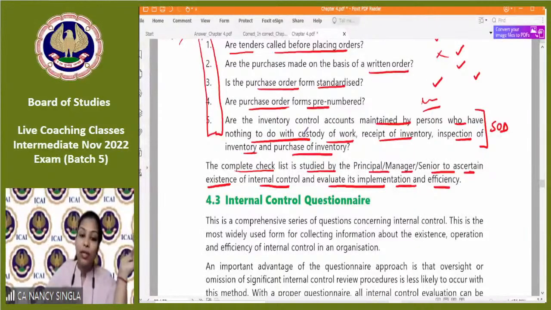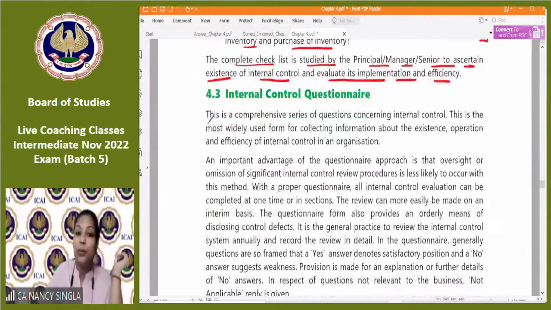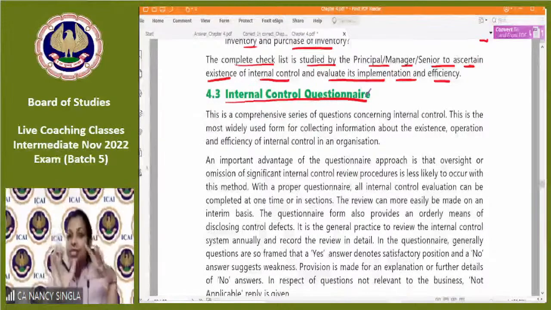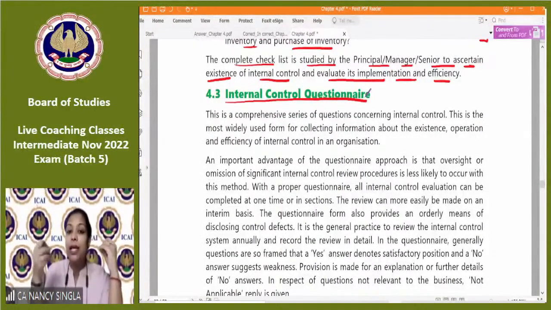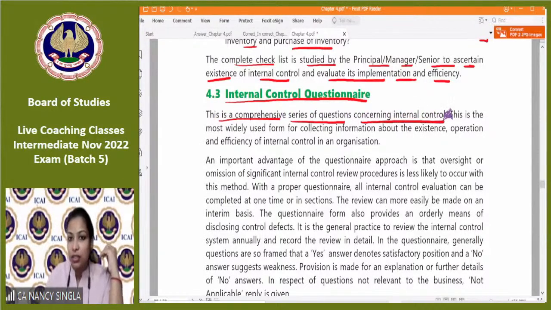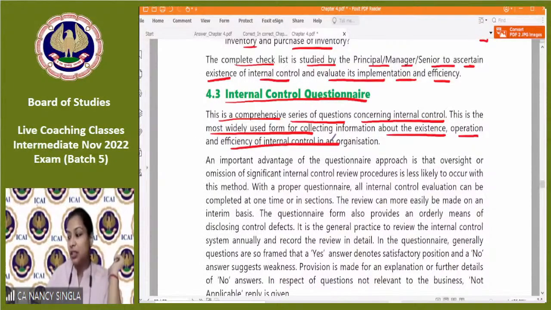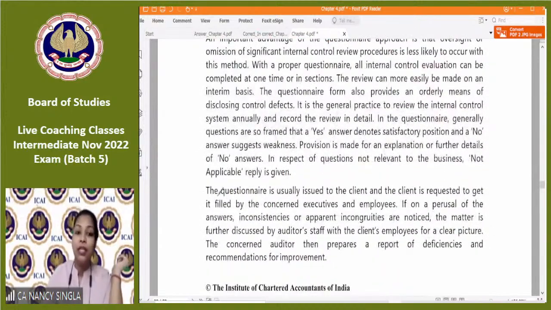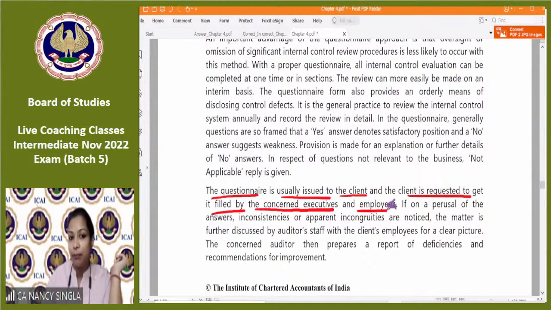Okay? Now, a similar thing to it is what? Internal control questionnaire. So some questions are given, but now these are to be filled by the client, the concerned personnel in the client entity. So what is it? This is a comprehensive series of questions concerning internal control. Okay? This is most widely used about existence, operation, efficiency of internal control in an organization. So how does it work? The questionnaire is usually issued to the client and the client is requested to fill it up by concerned executives and employees. And here the options are what? Yes, no,